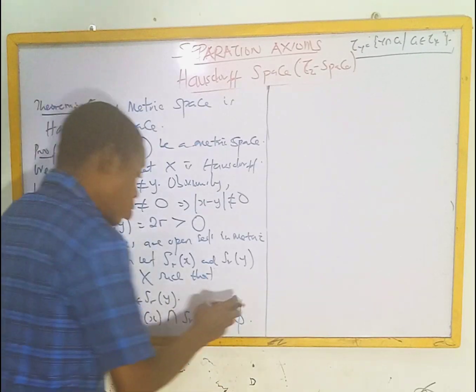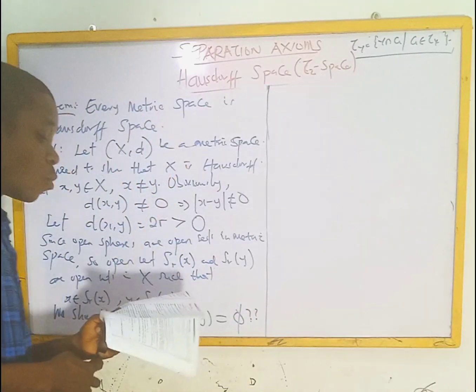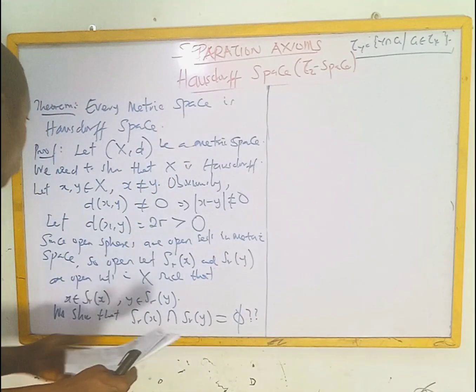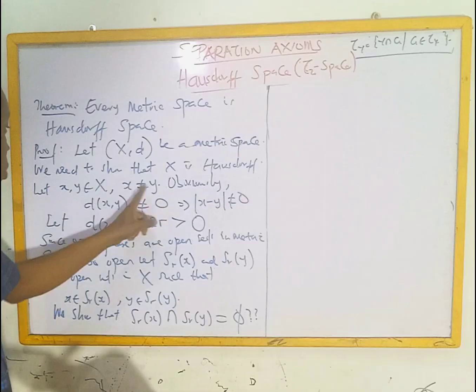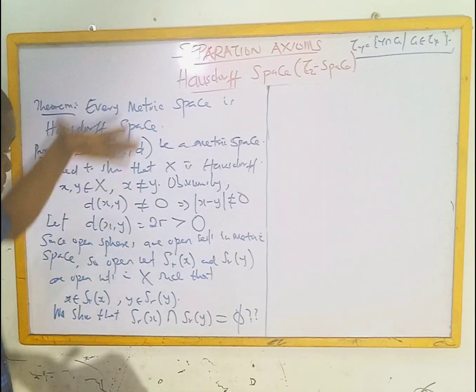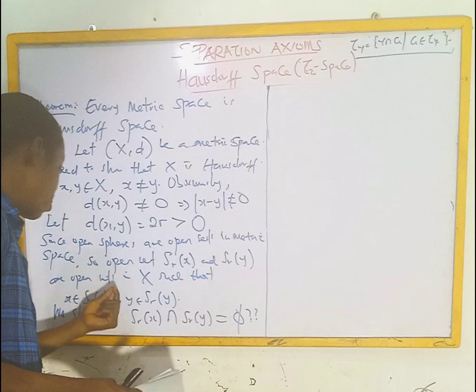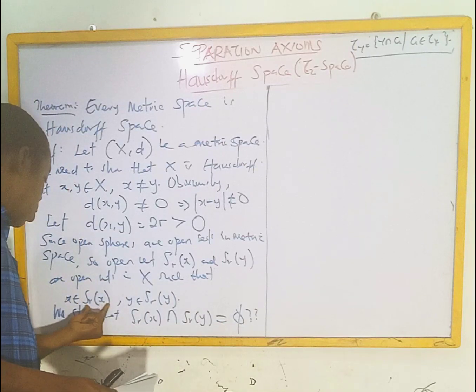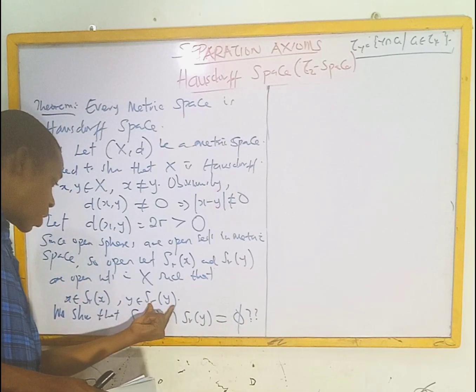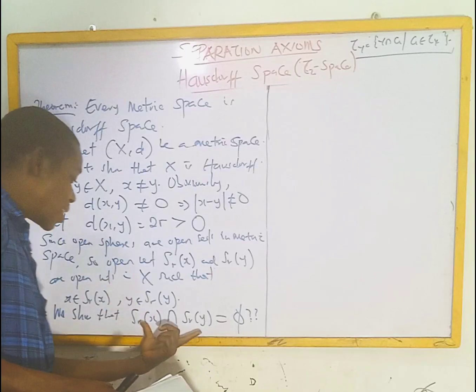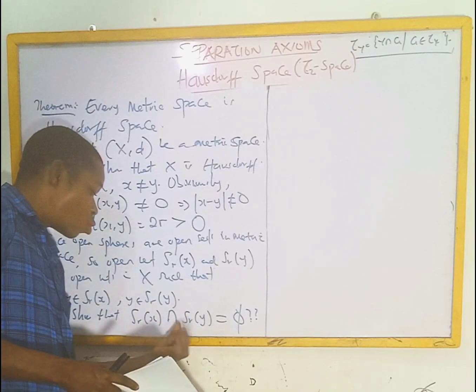So how do we show this? This is where we need to establish the theorem now. Don't forget that we are picking x not equal to y. The first part is satisfied. Now, how do we establish this? We know that x is in this open set, and y is in this open set. So the next step is to show that the total of the two of them are